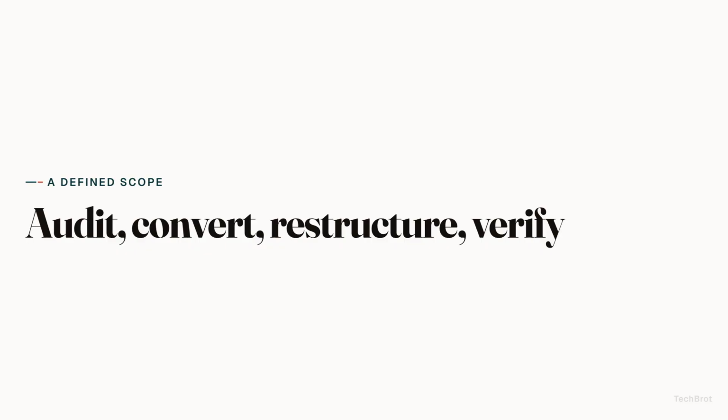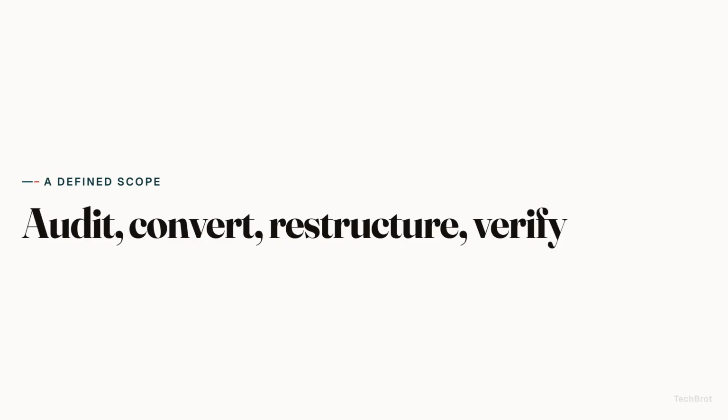A professional migration is a defined scope of work, agreed before anything moves. A pre-migration audit, data conversion, chart of accounts review and restructuring, opening balance verification, customer and vendor cleanup, historical reconciliation, bank feed reconnection, sales tax reconfiguration, a first-month reconciliation, training with recorded video, a documented summary, and a CPA-coordinated handoff